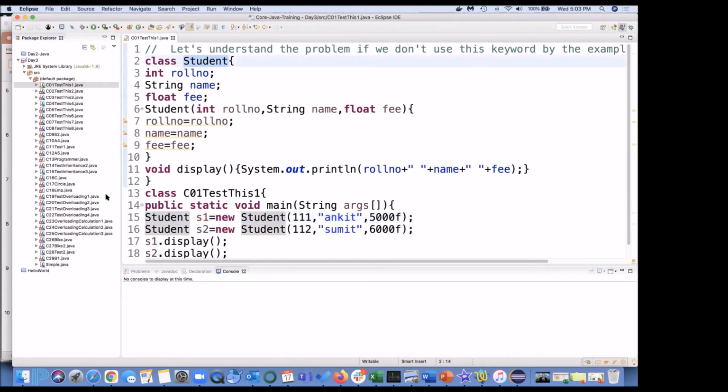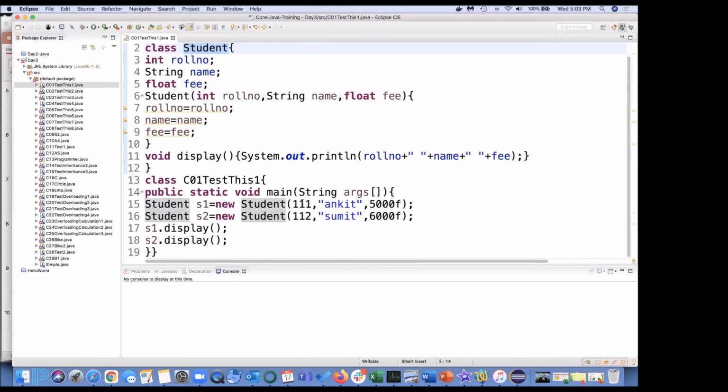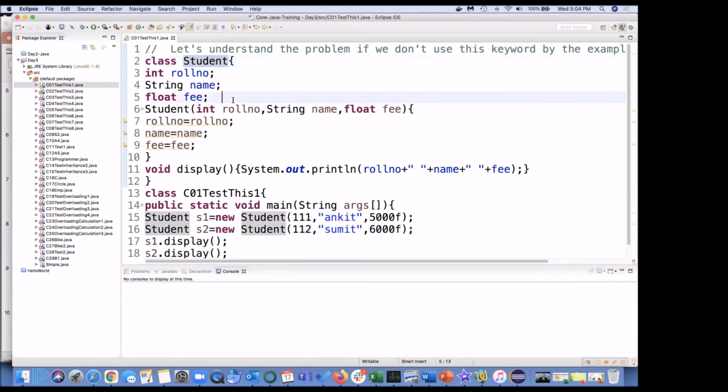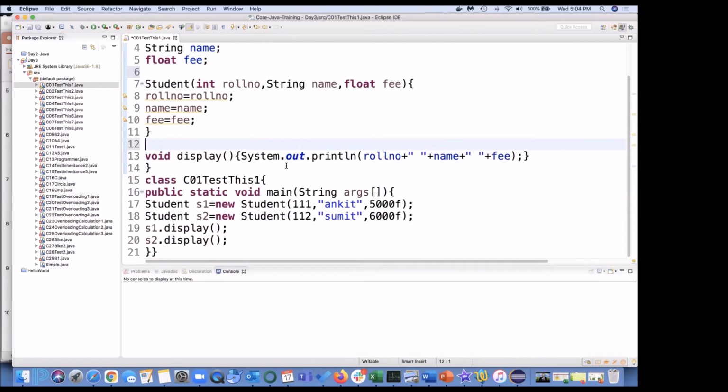Say suppose if we were using the same project like day 2 or hello world project, that time this would have given us an error. Okay, so I want to create two student objects S1 and S2 and want to pass three arguments 1, 2, and 3. That is their roll number, name, and the fees. When I am going to do that, at the time of object creation,